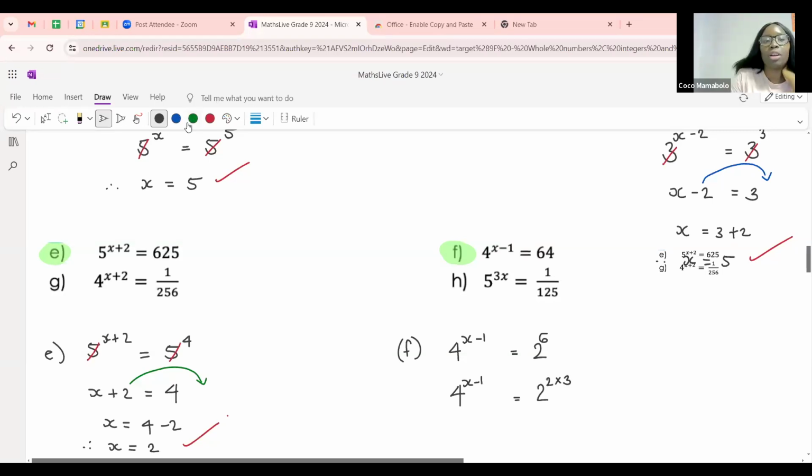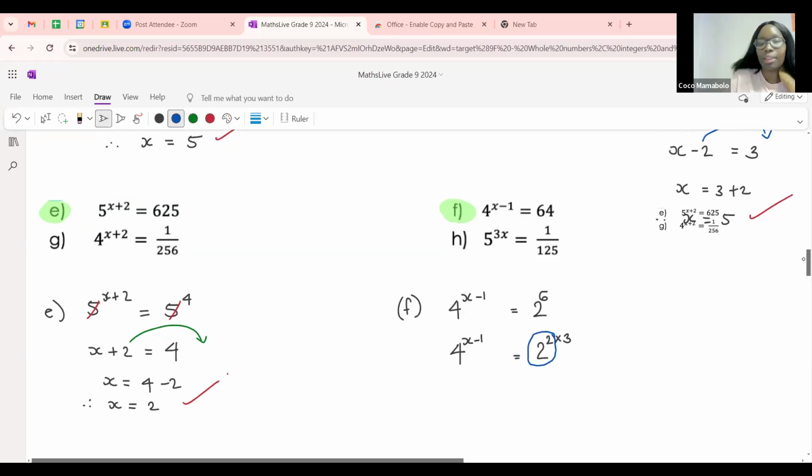And that helps me a lot because I know that 2 to the power of 2 is the same as 4. So I can rewrite that as 4 to the power of x minus 1 is equal to 2 squared, which gives me 4 to the power of whatever's left, to the power of 3. Therefore,